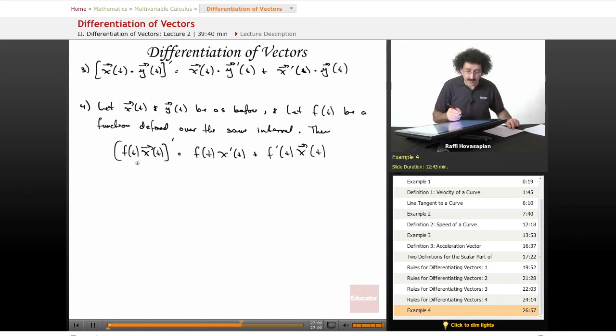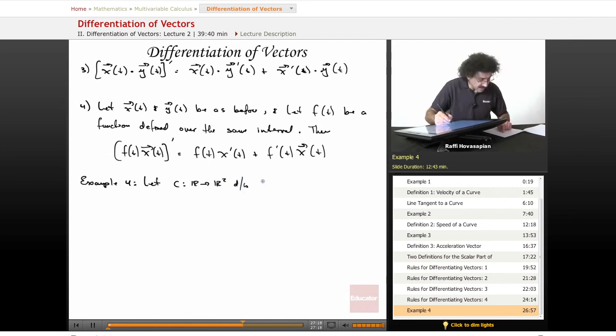So now let's do this lengthy example that I mentioned. Example 4. All right. Now, let C be a mapping from R to R2, so a curve in 2 space defined by C of t is equal to E of t cosine t and E of t sine t. So as you see, this component is a product of 2 functions, and this component is a product of 2 functions. Now, our goal in this problem is to show that the tangent vector